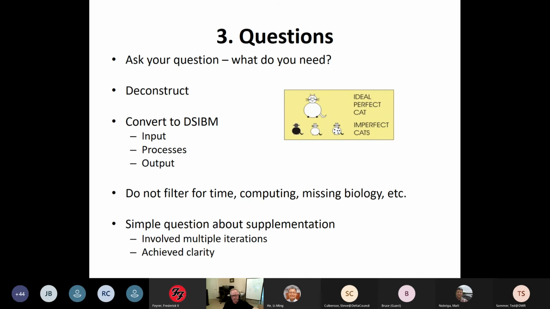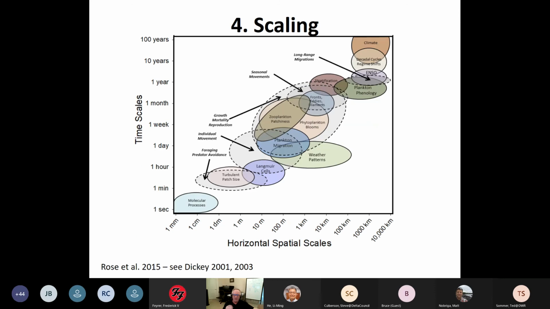The turbidity question is a good one, right? So people asked what I thought was a simple question to me about supplementation. Well, we had multiple conversations. We had a call. I put out a couple of ideas, and then I think we got some pretty good clarity on it. But you would think a question is, well, what happens if you add fish? That's not testable. So always look at what question was being asked of the model.